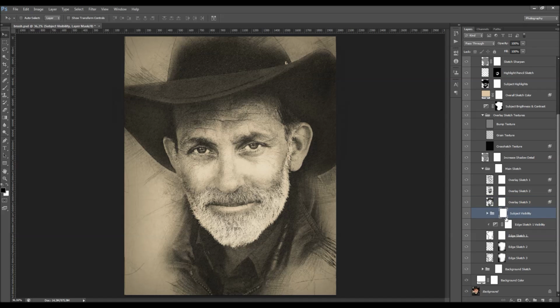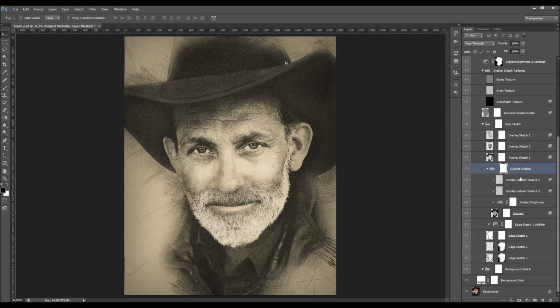Okay, so here we got a group called subject visibility. Okay, so just open the group. Here we'll find the two overlay subject textures. Okay, so you can just play with these settings. I usually just leave them by default. Okay, you can just drag it aside and change the opacity. Also, the way you can change opacity, just click on this little arrow here and then just move this cursor to set the value that you like. Okay,